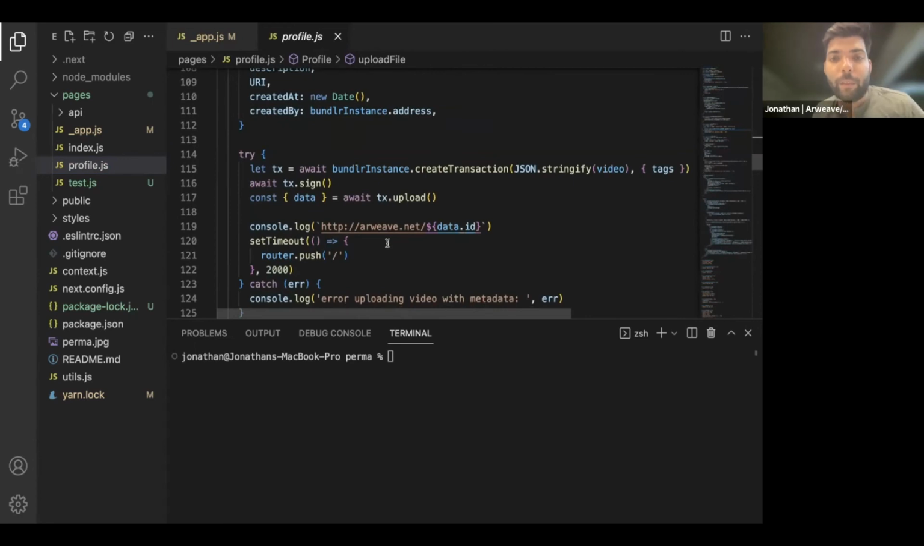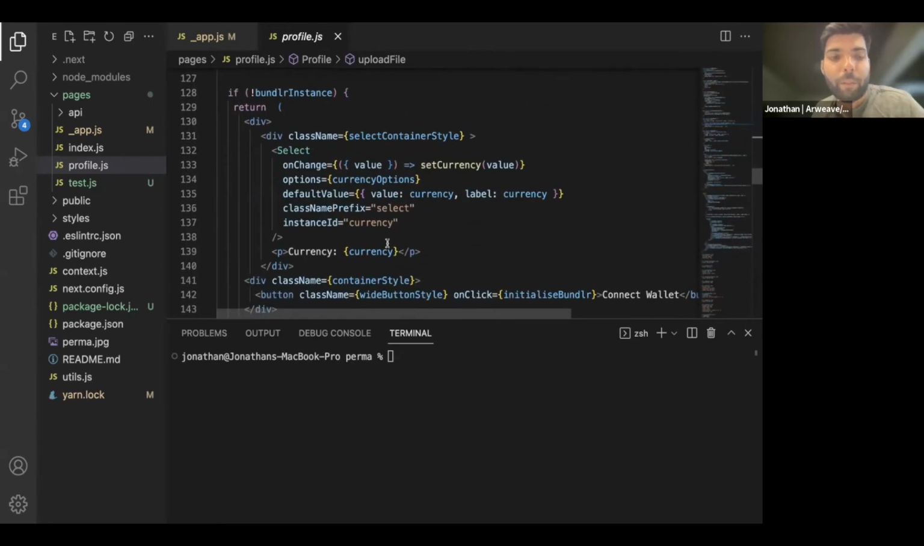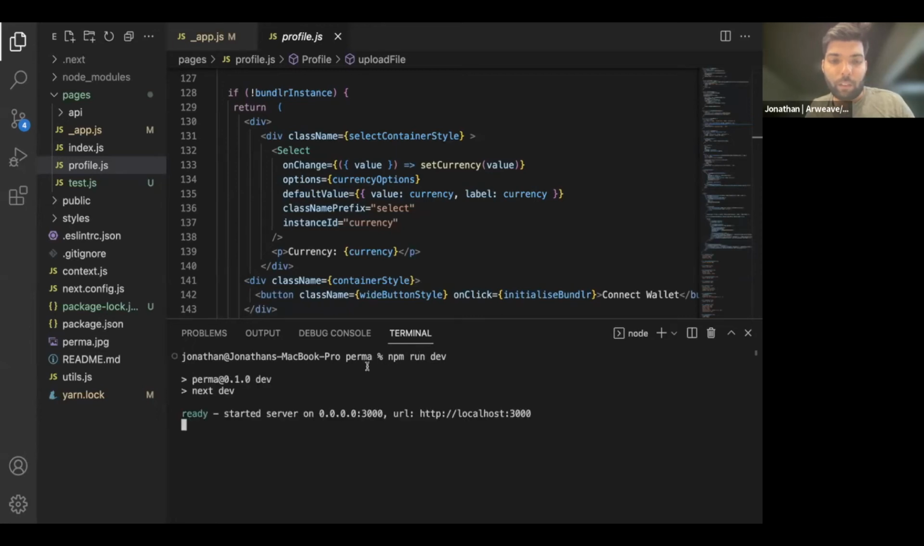All right, so now that you saw most of the code, let's jump into the demo of the project. So let me npm, right. I need to